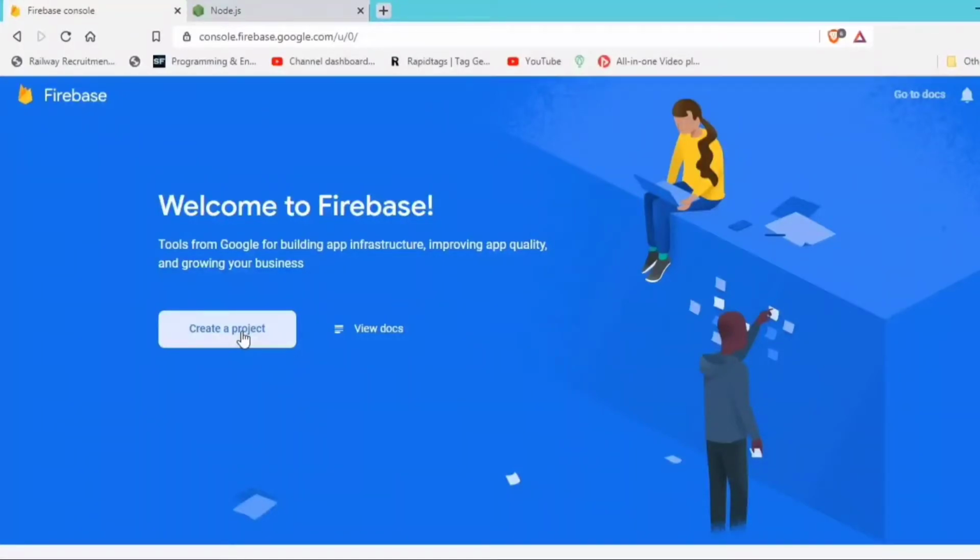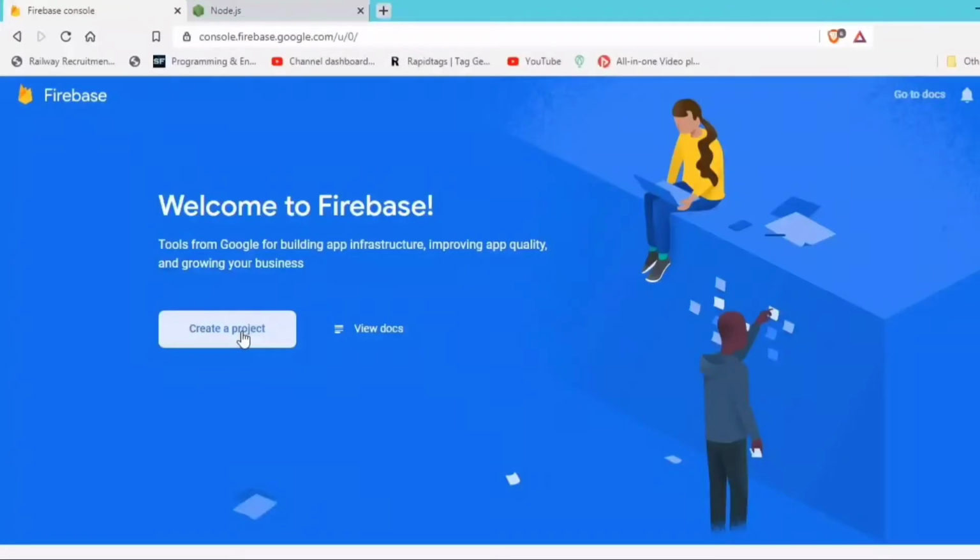So why Firebase hosting? Firebase hosting is basically free, so it doesn't cost you anything. It provides an SSL certificate and offers impressive speed across multiple geographic locations without the need of a separate CDN on top. The main thing is that it is totally free. So let's get started.